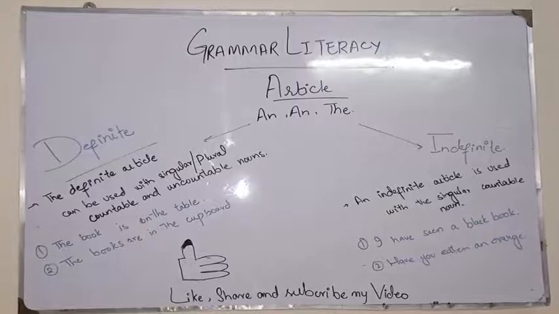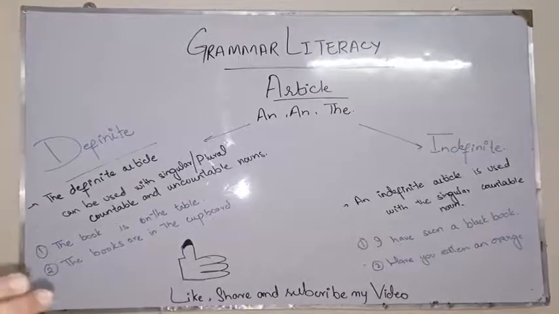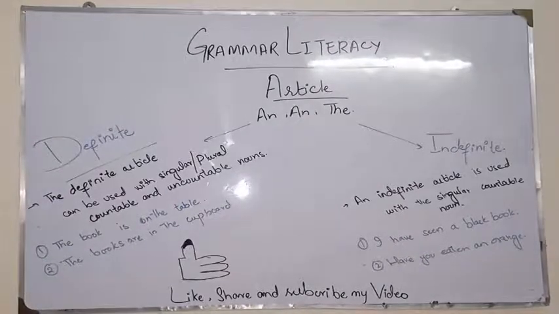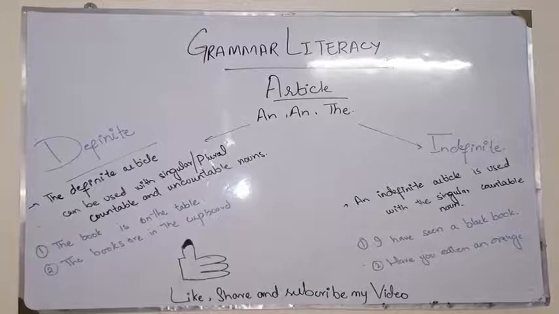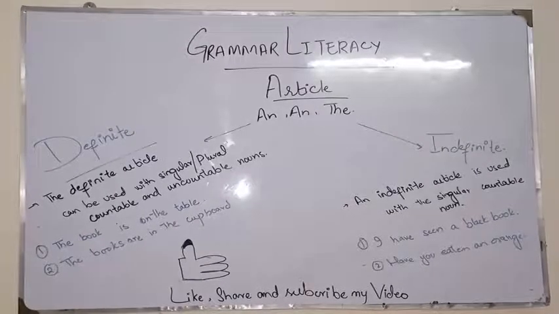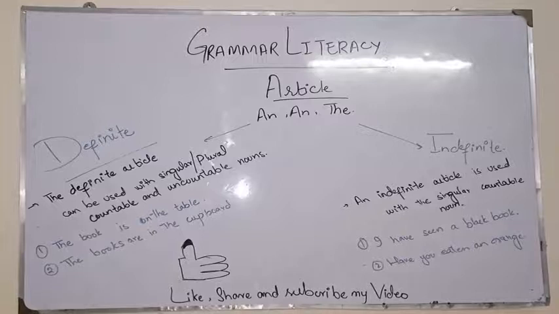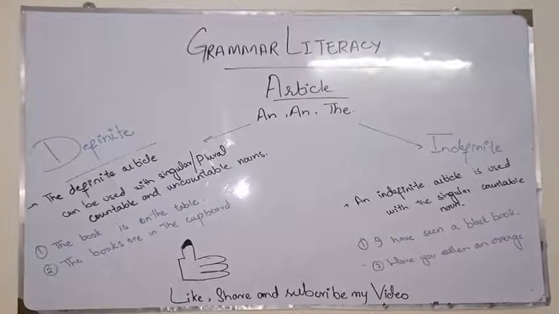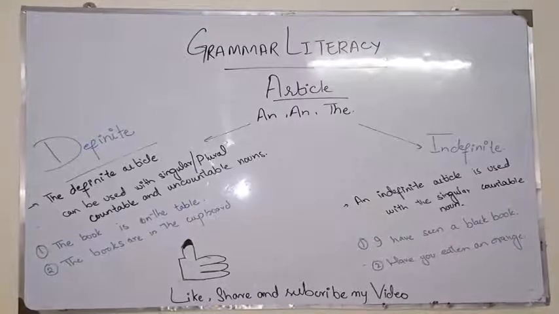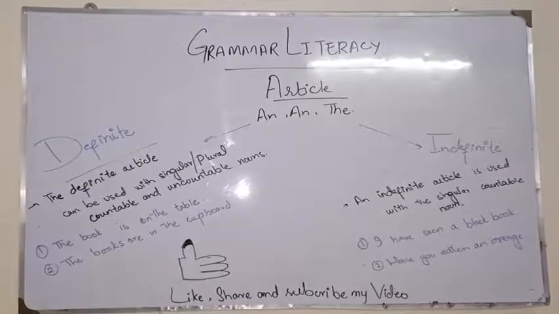You can say that in both the sentences we are having book. The noun is the book, but we are having a singular one, we are having the plural one. We are going to make that book very specific, because somebody is asking about that. Have you seen my book? Or where are the books which I have placed yesterday on the table? The books are in the cupboard. I placed them in the cupboard. I placed the books in the cupboard. There could be any of the sentence, but you have to place the with every sentence.